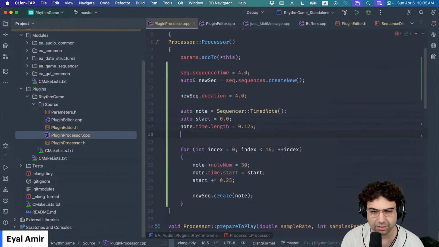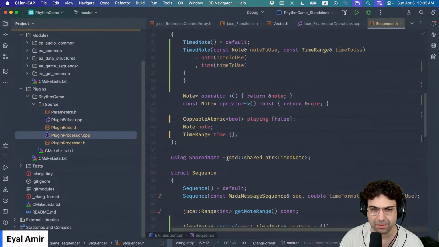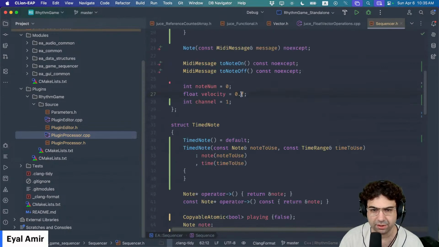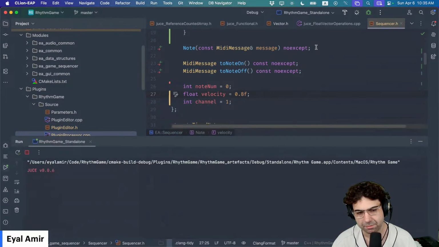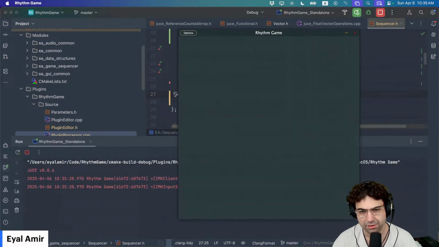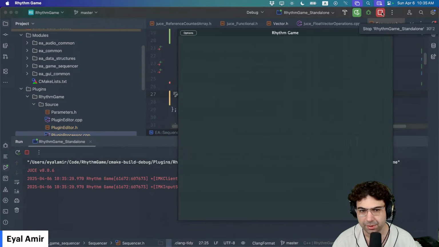Let's give it a better default here. So maybe the default for the velocity is like 0.8. Awesome. So it played the sequence,